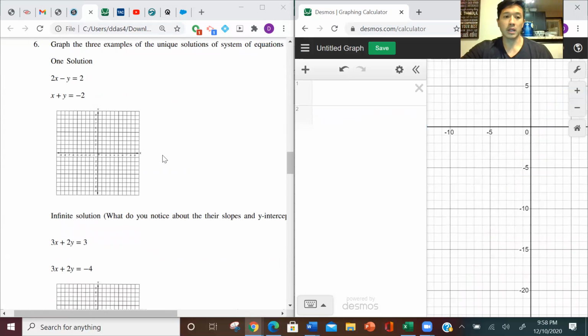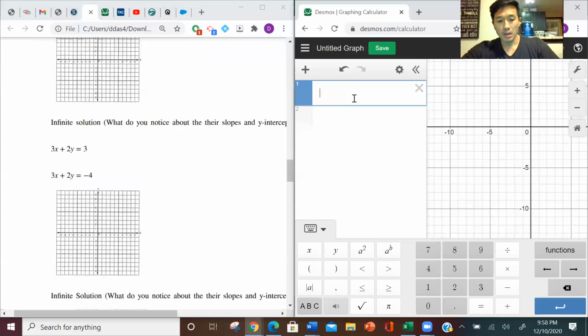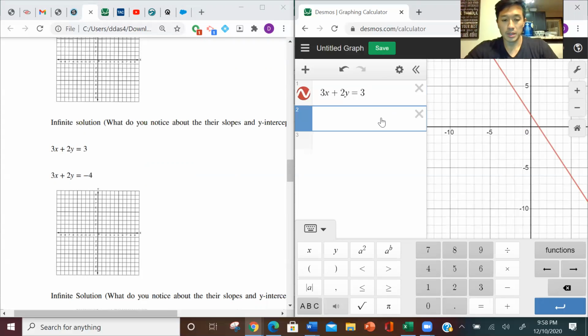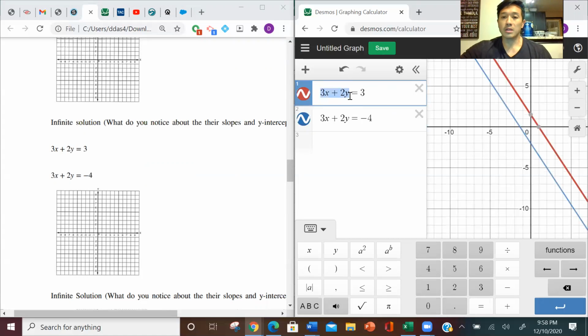Clearing this again, I go ahead and graph the next one. 3x plus 2y equals 3. The other one is 3x plus 2y equals -4. This is an example of no solutions. Notice here, these are the same equations to the left of the equal sign. They look the same, but they're going to have different y-intercepts as soon as you actually solve